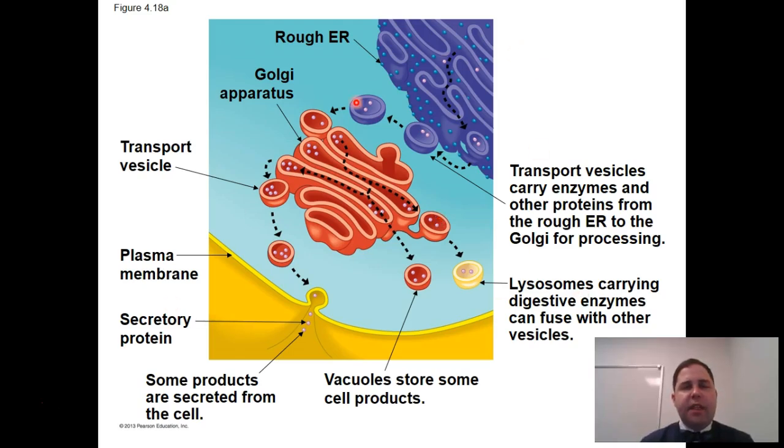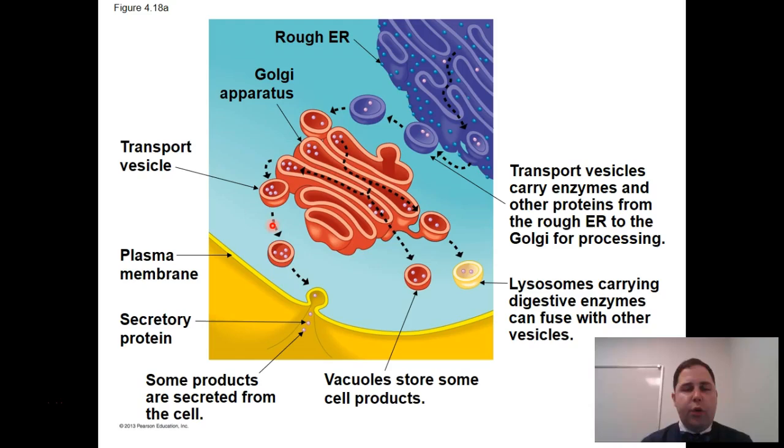So this is a view of the entire endomembrane system, and you should be thinking about this as a pathway. That DNA comes from the nucleus, and the rough ER can make proteins. Those proteins can move through the rough ER until they bud off in a vesicle. Those vesicles will then move to the Golgi apparatus, and those proteins can move through the Golgi. And at the Golgi, they have some various places they can go. They can go to a vacuole and be stored for later. They can go to a lysosome and be digested and start over.